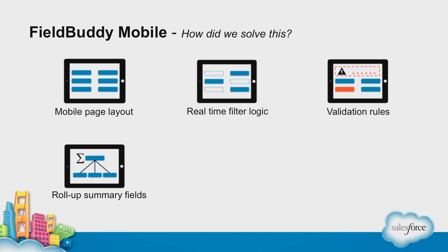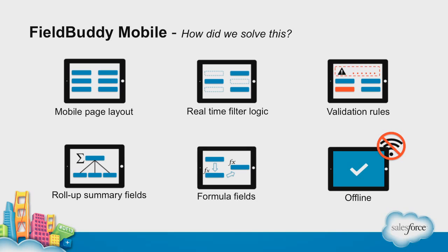Formula fields. We are able to just punch in the formulas as you would in a formula field in Salesforce, and it will work on the tablet, in the application, offline. And that was actually the last most important one. All of these features, which is just a subset of the features of our mobile application, are fully functional offline. So I just want to take you to the demo now, where I will be showing you some of the features that I've just touched upon briefly, to show how that works in our